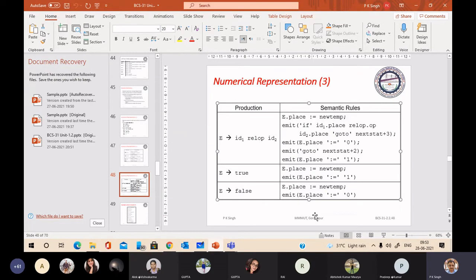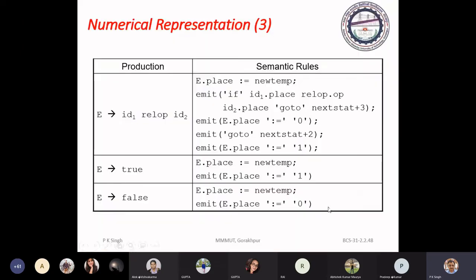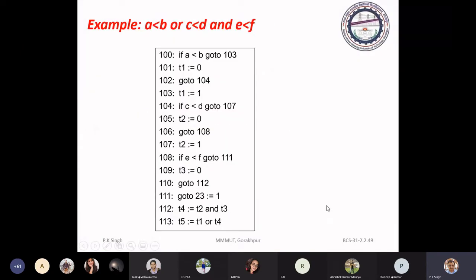See, here is another example. We will just compute.